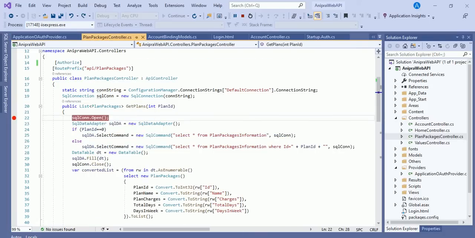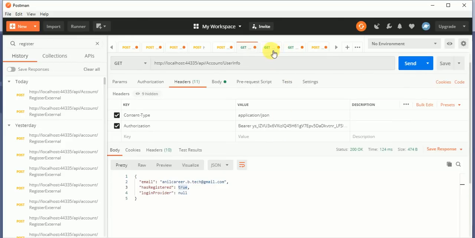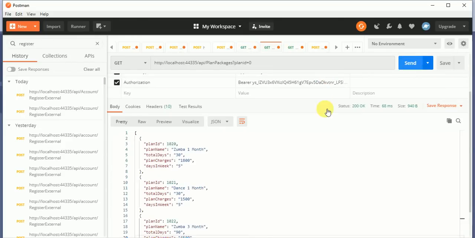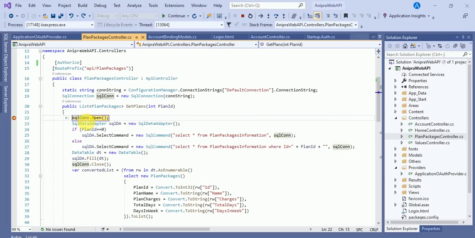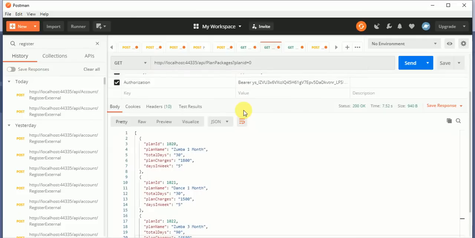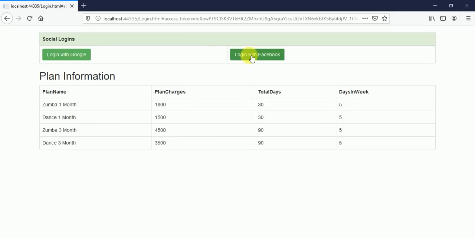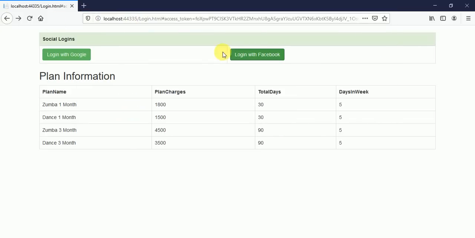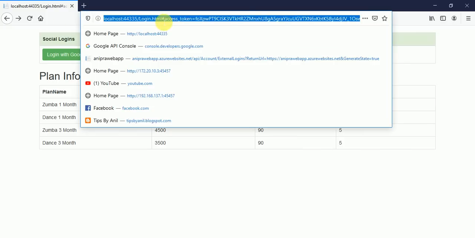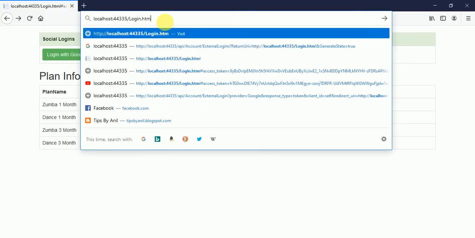So once I hit it using Postman, it will hit this web API. Here you can see. And the same way, if I hit it using my page, then it will also hit. So from the beginning we have to just start.